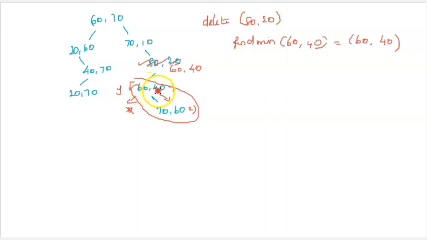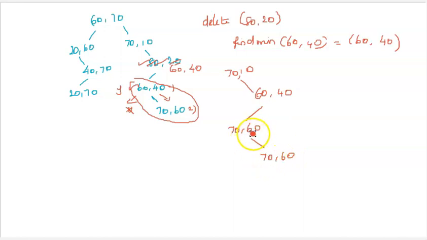So I'll be looking at whether it is a leaf. No, it is not a leaf. So I'll look for the right child first. Yes, I have a right child. So I put a find minimum from this 70-60. As it is the only data, this 70-60 is going to be returned after finding the minimum. So this 60-40 will be replaced by the 70-60. So actually this 60-40, here you have 70-10. So 80-20 is replaced by 60-40 and actual 60-40 will be replaced with 70-60 and you have one more 70-60 here.